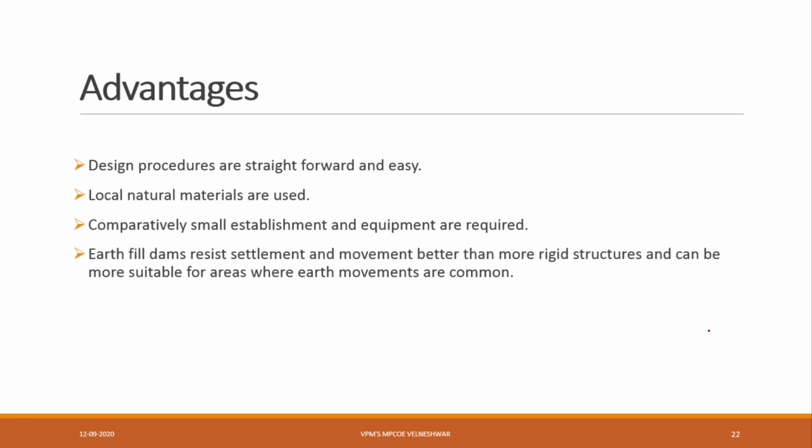Okay, what is happening, what can we do in design? We will bring available material like soil, and we will make a thickness here of 2 centimeters, like that we will make. Okay, and we will do compaction. So here the design process is somehow easy compared to a gravity dam. Next, local natural materials are used. Generally here we will use local natural materials. Next, comparatively small establishment and equipment are required. Generally here we require some machines like procliners and cranes. What is the use of these? For compaction, for cutting and filling, all this will be helpful.